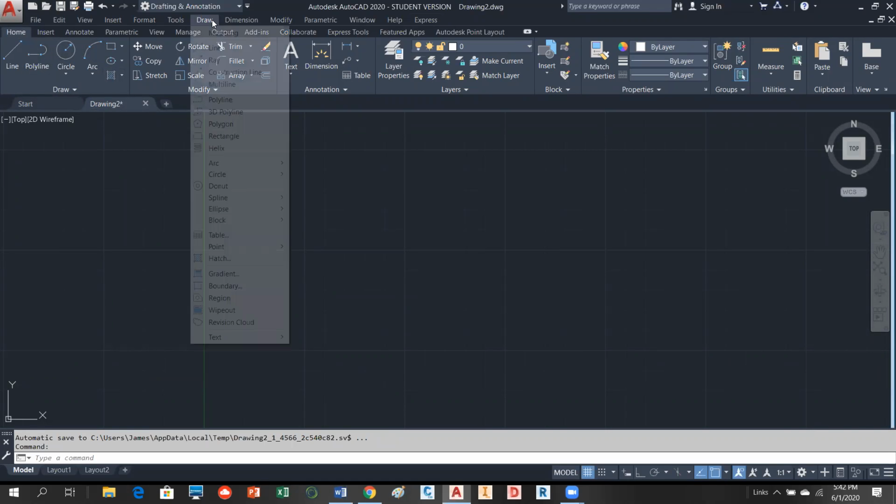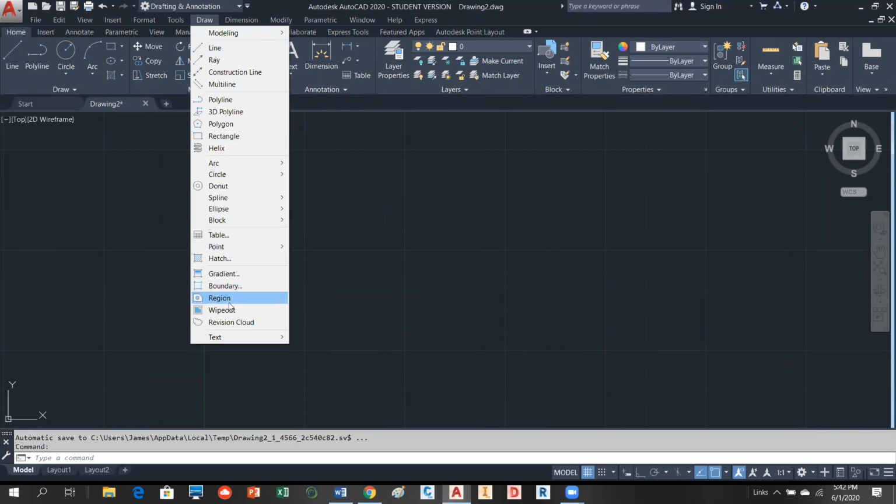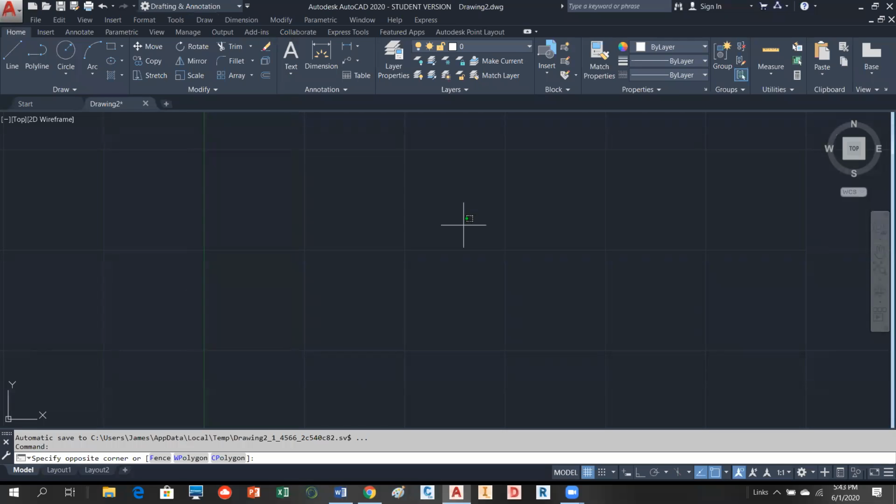If I go to the draw pull-down, these are essentially the same commands that you have here, except there are more commands in this than there are here. So sometimes it's nice to have that because you can sometimes find commands there that you can't find any other way. Particularly for older users like myself, I can't find everything in the ribbon. Sometimes they don't have it in there. So quite frankly, it's great to have this up, okay? If you don't have it up, it's not going to be a problem, okay? All right,